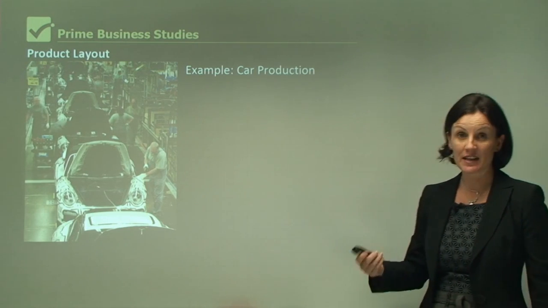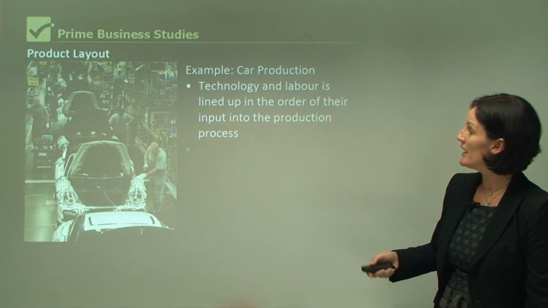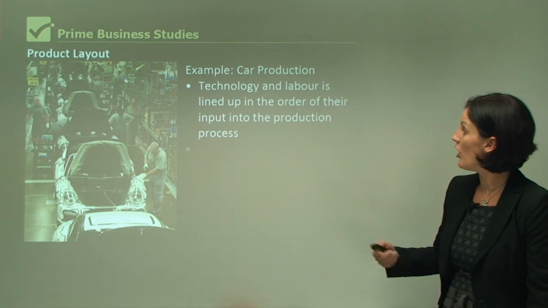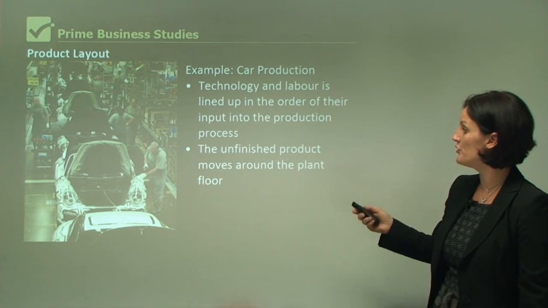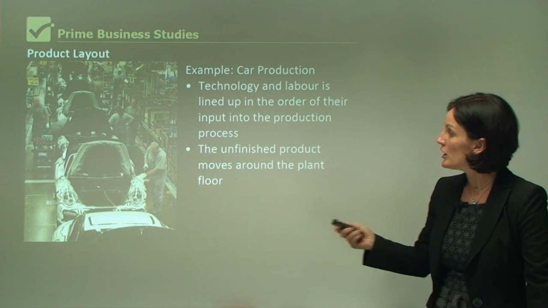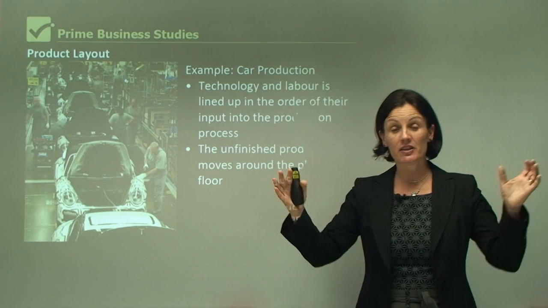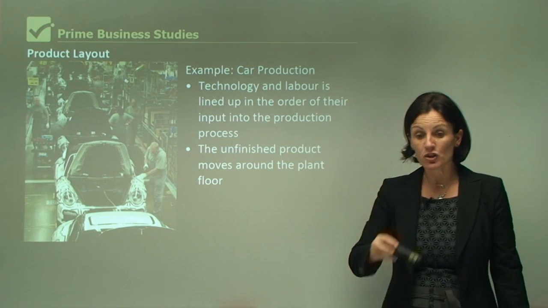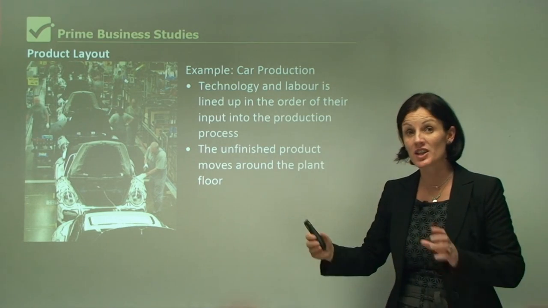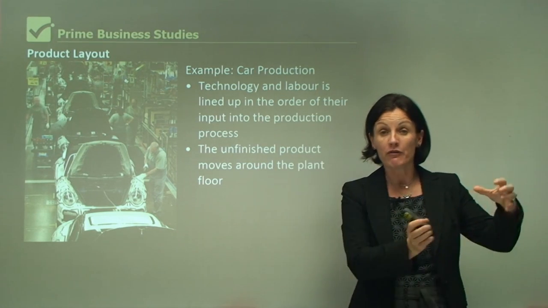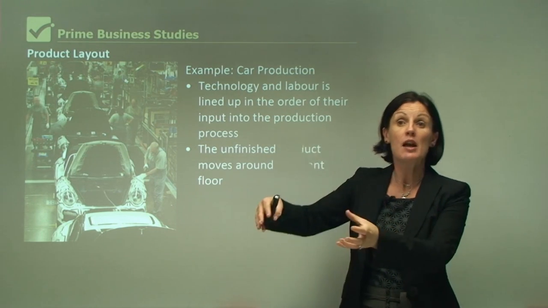Now let's have a look at an example, and we're going to use the example of car production. The technology and labour is lined up in the order of their input into the production process. The unfinished product moves around the plant floor. So if you go and have a look at a car being made, what you'll notice it's a massive big space, and you'll actually see a car moving around that space, and you'll see the technology and the people waiting for that car so that they can then complete their task in the operations process before it moves on to